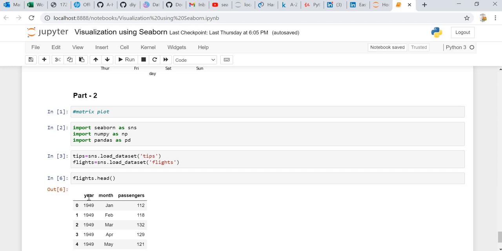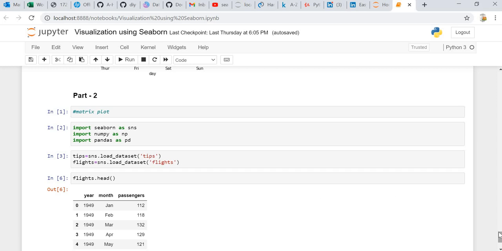If we can find the comparison of year with year, year with month, year with passengers, or a similar case with month or passengers, that kind of comparison is called a matrix, and whenever we do that kind of plotting, that is called a matrix plot.